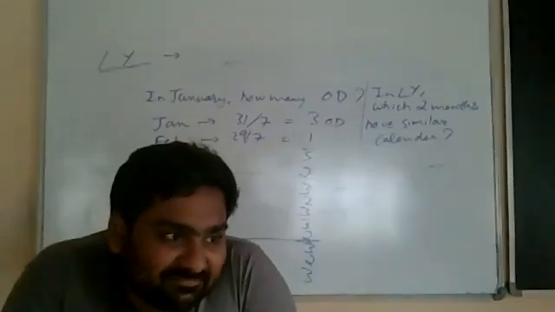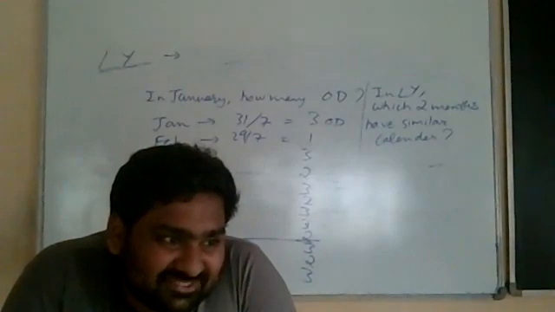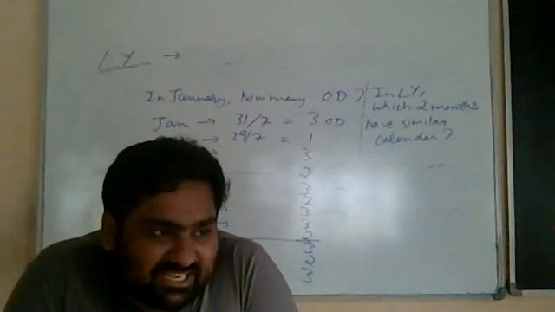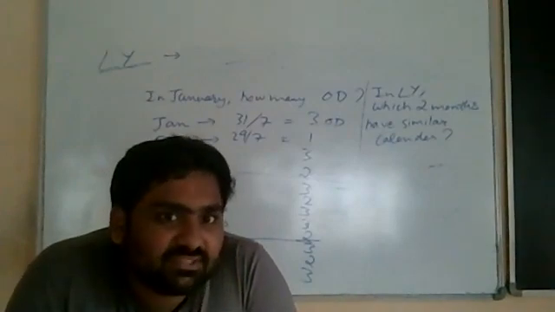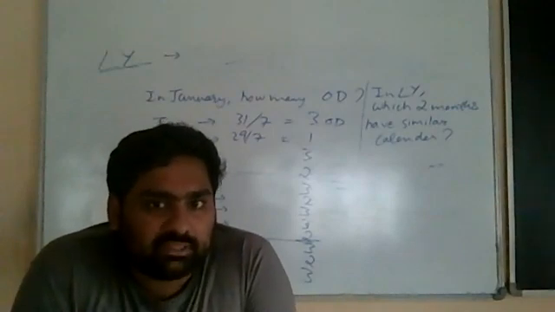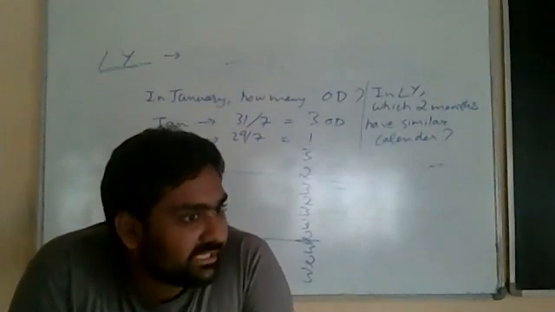Yes, sir. But April has 30 days, no, January has 31 days. So calendar will not be similar. Even if it looks similar, 1 day will create a difference, yes or no? Correct? When will two things look alike? When the quantity is also alike, not just the quality, yes or no?